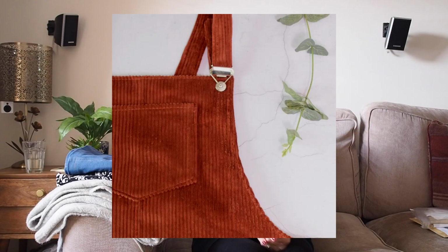And I did actually make another Cleo dress for my sister for Christmas because she'd asked me to make one, and she wanted it in a rust corduroy fabric, and I found a lovely one from Harriet at Semi Sunshine, and I'll pop a picture. And obviously I've gifted that to her for Christmas now, so I don't actually have any photos of her wearing it, but I'm going to try and get one from her and I'll try and put it on Instagram so you can see that. But when I made it I really liked it and I kind of wanted to keep it,